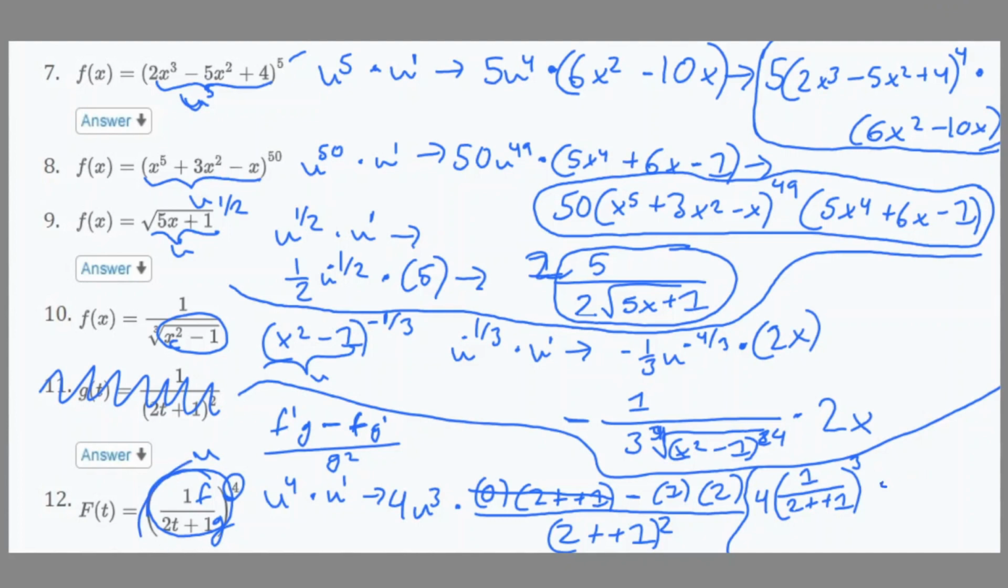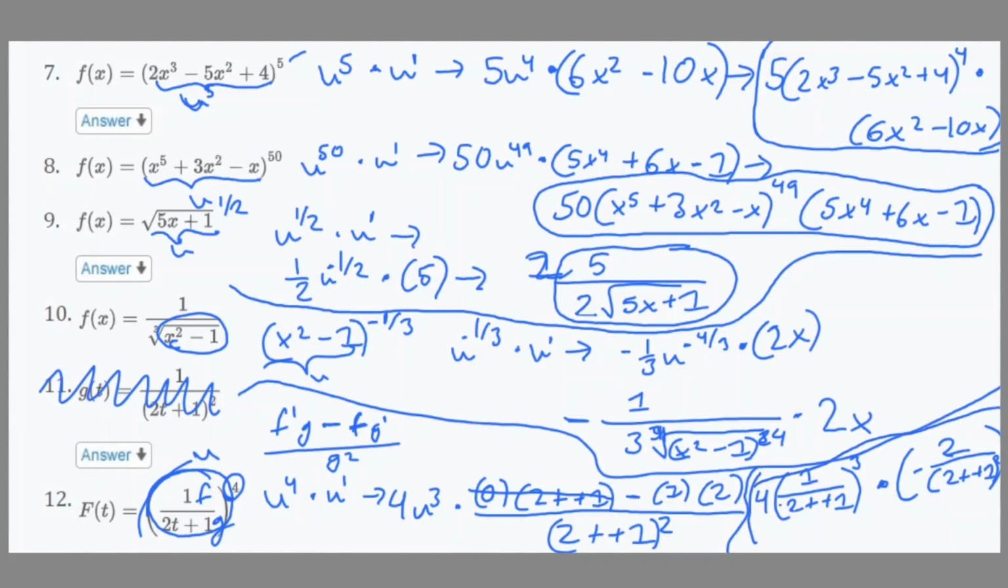And then that would be multiplied by negative 2 over 2t plus 1 to the 2nd power. Now, you don't have to simplify out that denominator, but that would basically be your answer for number